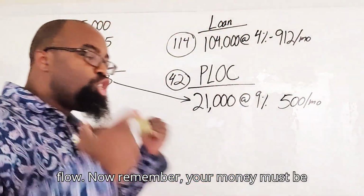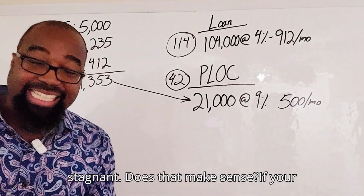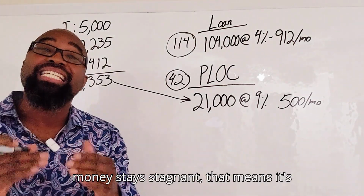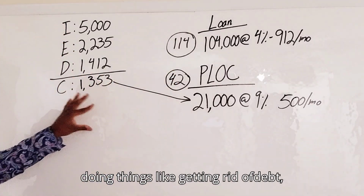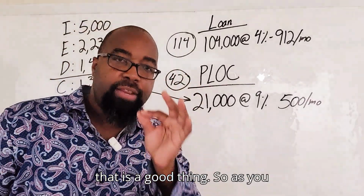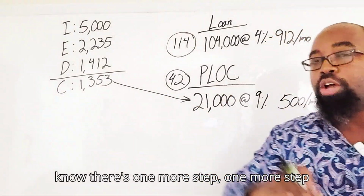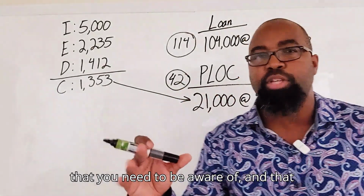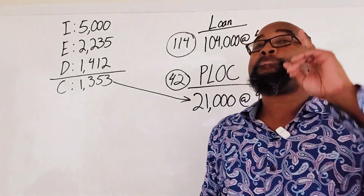Now remember, your money must be doing something. It cannot stay stagnant. Does that make sense? If your money stays stagnant, that means it's losing value. However, if your money is doing things like getting rid of debt, that is a good thing. So as you continue on with this, we want to let you know there's one more step that you need to be aware of, and that step is